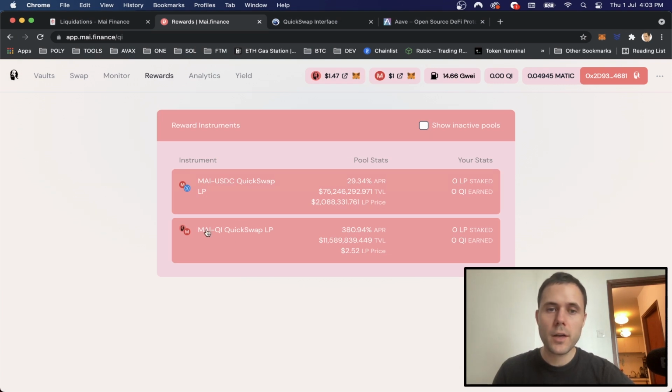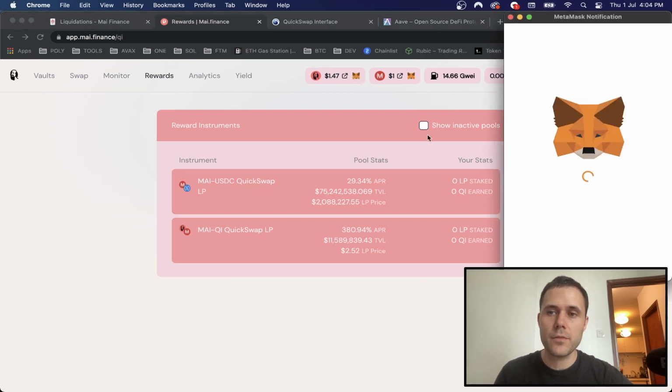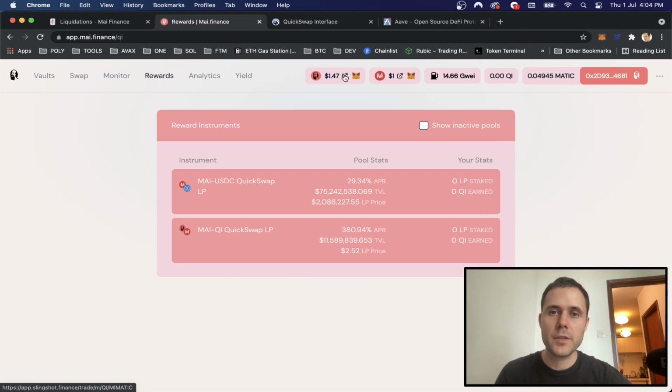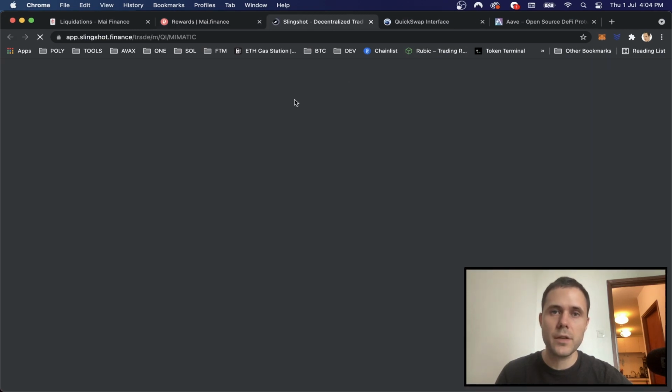Okay, and the other pool we have is Mai Chi, which is another QuickSwap based liquidity pool. So first of all, I've got a few things to introduce here. So Chi is the token price we can see here. We've also got the option here, if we click the fox, we can add it to our MetaMask. So you can just click add token and it will add to your MetaMask. And then also the button here, we can click that and it will take us to